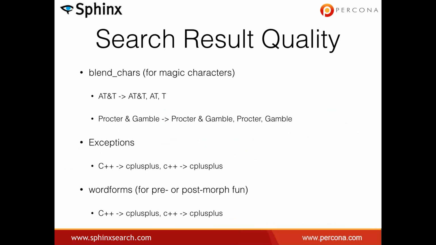Another thing that you can do during the indexing time is specify exceptions for those one-off characters that you only want to index in a single individual keyword like C++. This is especially big on the job search sites, I think. C# and C++ are a major pain for them. They're easy with exceptions. And last but not least, there also are word forms, which you cannot use for things like C++